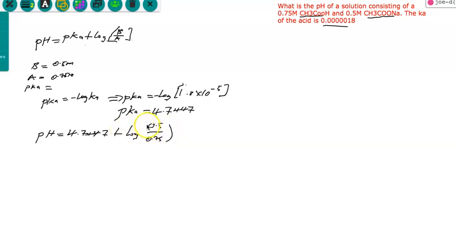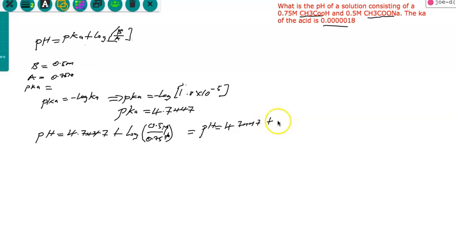Now put that in your calculator, and what do you get? Let me put the moles here, they will cancel out anyway. So if you do this, our pH will be 4.7447